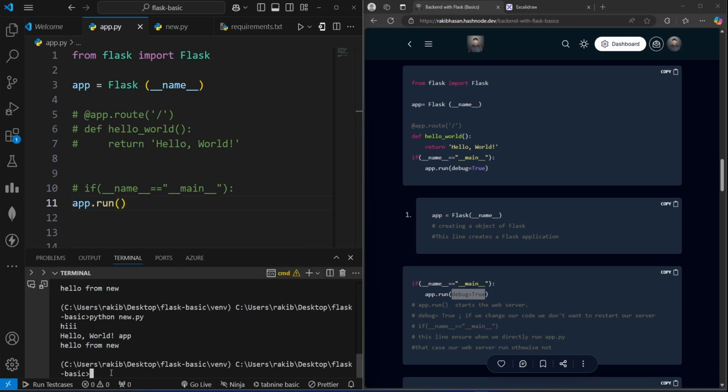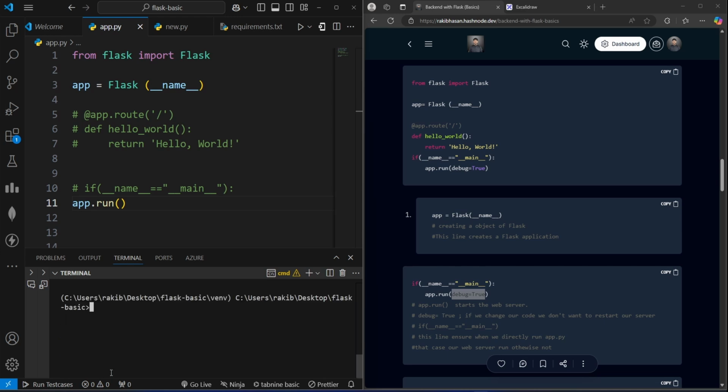So if we clear our terminal for now, and we just execute our app.py file, let's see what happens. So if we execute this file, app.py,